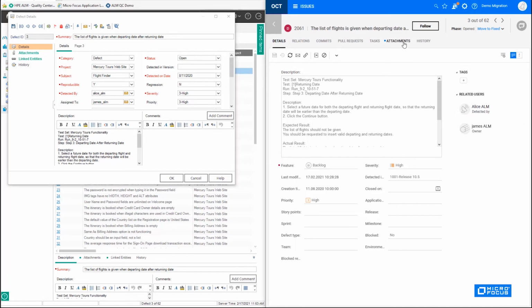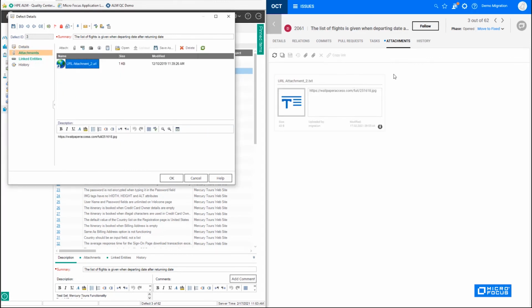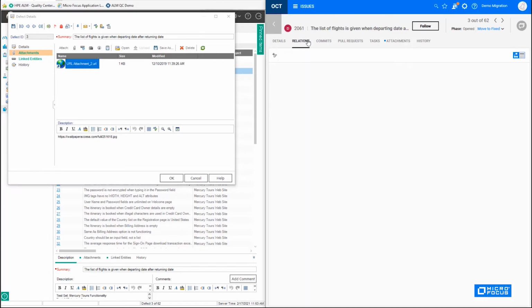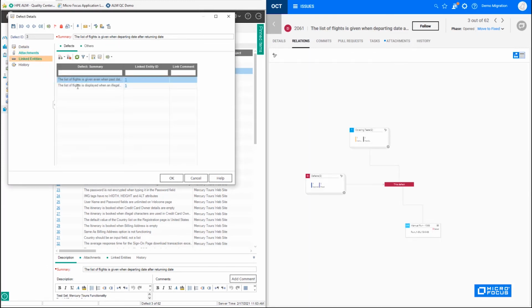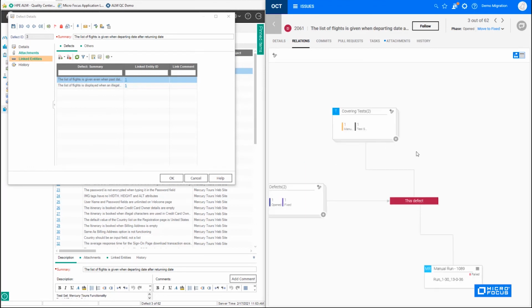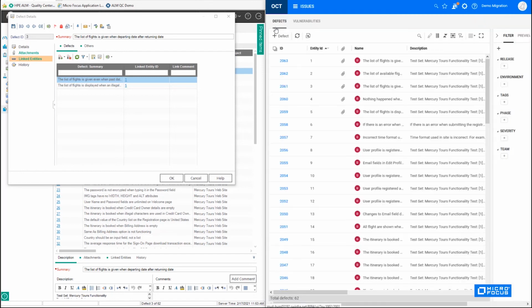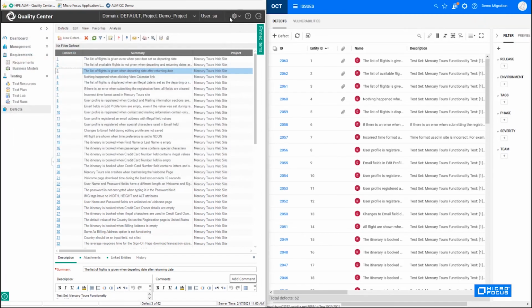Okay, and if you go to attachments, we should also have an attachment here. Yeah, we have a URL attachment present, and if you go to relations, yeah, we have multiple relations with defects, with tests and manual runs. Okay, so this is the validation of the data and how we can check that the data was migrated correctly inside ALM Octane. And what I also want to show you is the users,